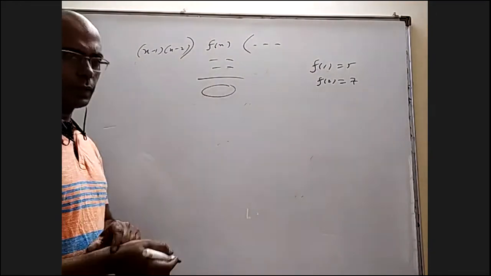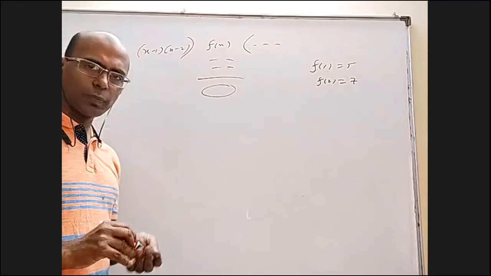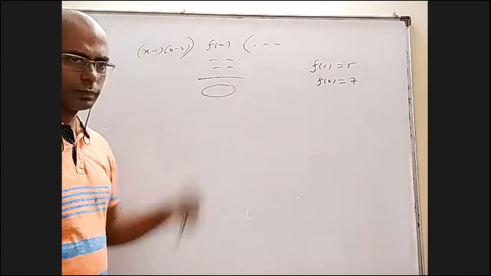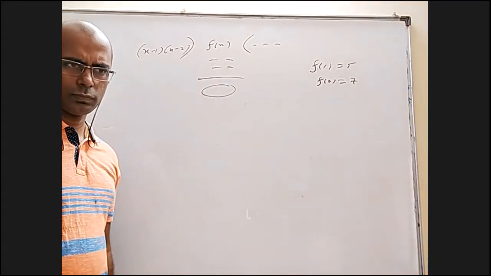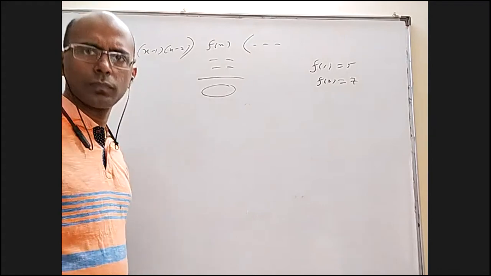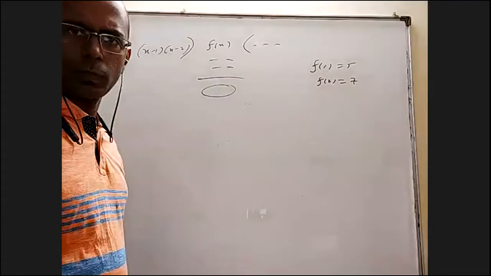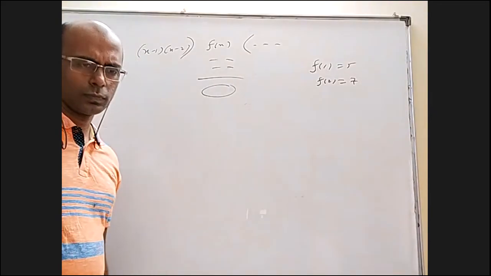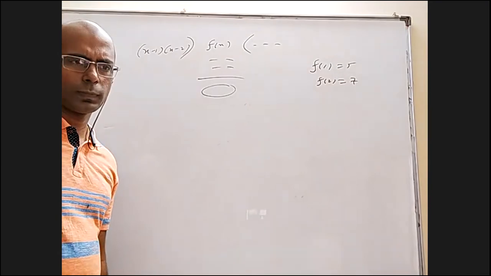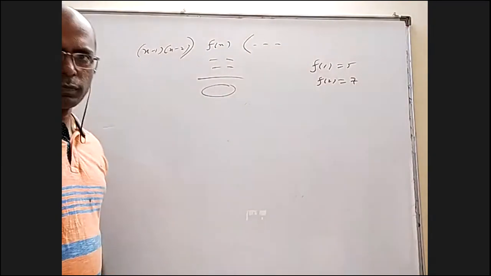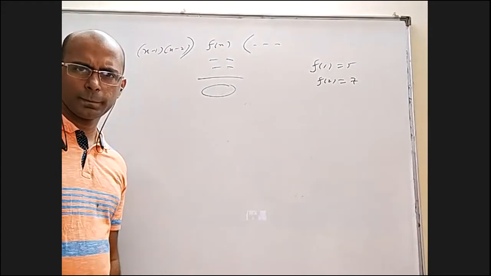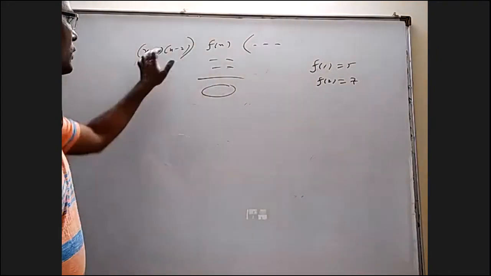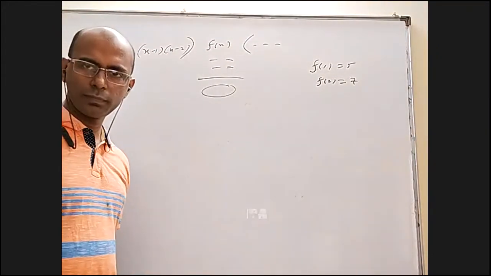The remainder here, will it be a cubic expression, quadratic, linear, constant, or 50-degree expression? Anybody want to answer? Please put on your videos. Anybody want to answer? What will the remainder be? It will be linear. When you divide by a quadratic expression, what is the remainder going to be?